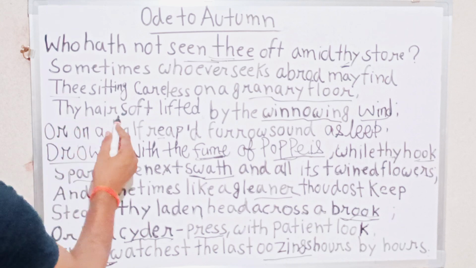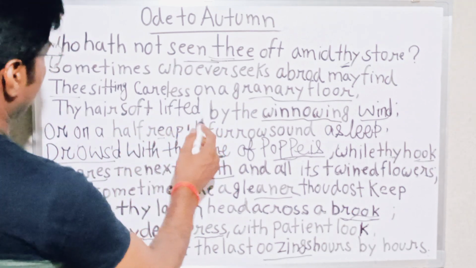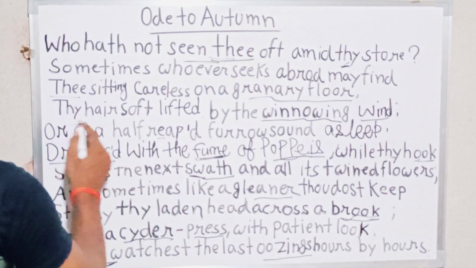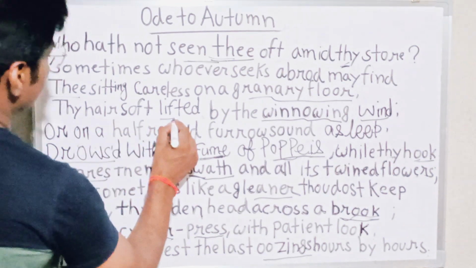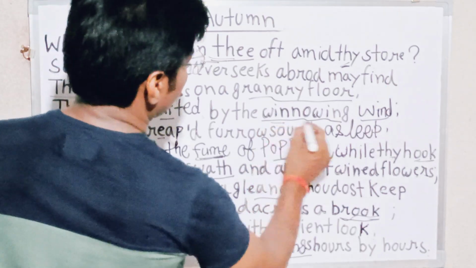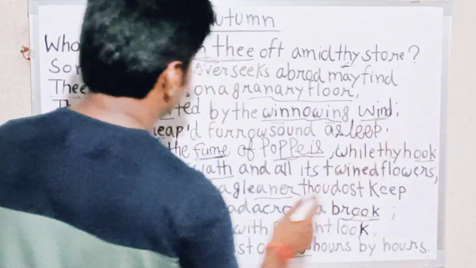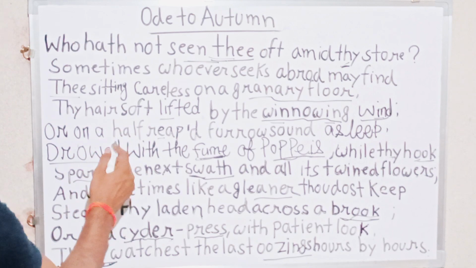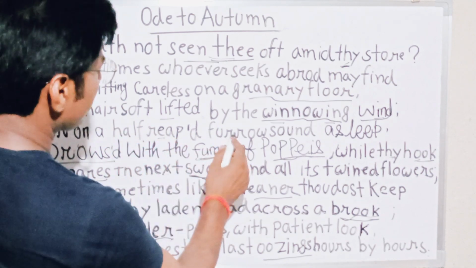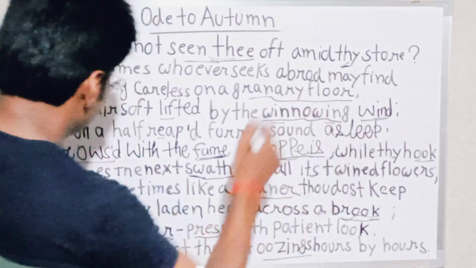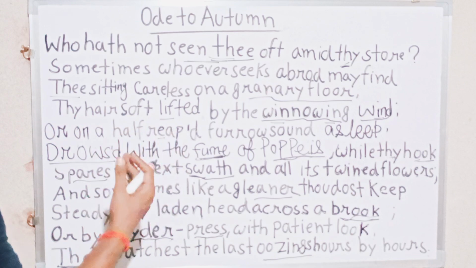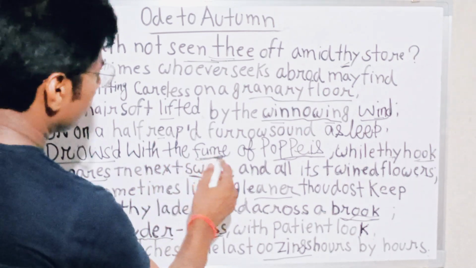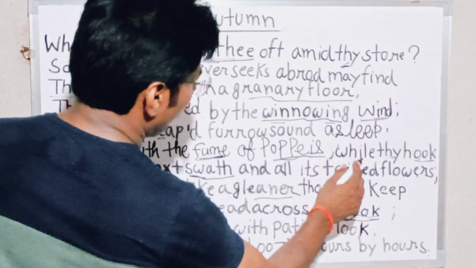Thy hair soft-lifted by the winnowing wind. Hear the repetition of the I sound: lifted, winnowing, wind. It means repetition of the I sound, which is assonance. Or on a half-reaped furrow sound asleep. Throughout the poem, personification is on and on. Drowsed with the fume of poppies, while thy hook